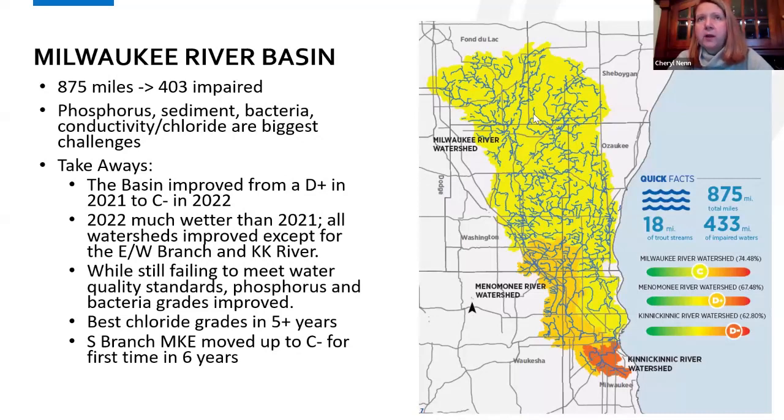So the fact that we had a wetter year and also a better water quality year is kind of a big deal. Often, if we have really poor years of water quality, it's because we've had a lot of rain and a lot of runoff from the land. And so this past year, we had a lot of improvements. The basin overall went from a D plus to a C minus. And that's looking at the Milwaukee, Menominee, and the Kinnickinnic. And I think all of the sub watersheds improved except for the Kinnickinnic, which was about the same,